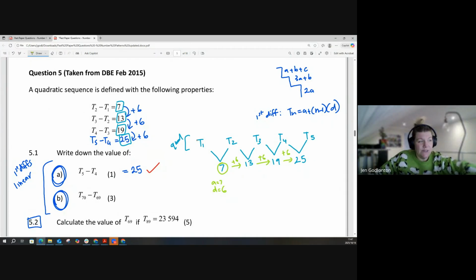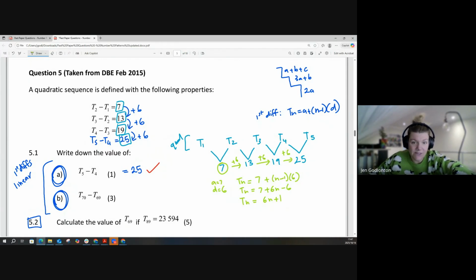If we put that into our formula, we've got Tn is equal to 7 plus (n minus 1) times 6. So Tn is equal to 7 plus 6n minus 6, which means Tn is equal to 6n plus 1. That's the first step. Now we've got to figure out